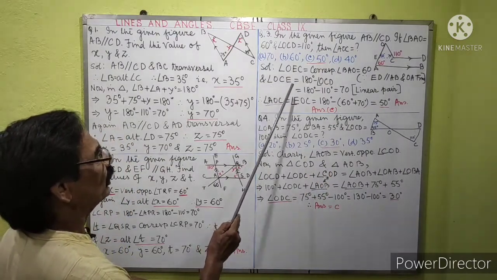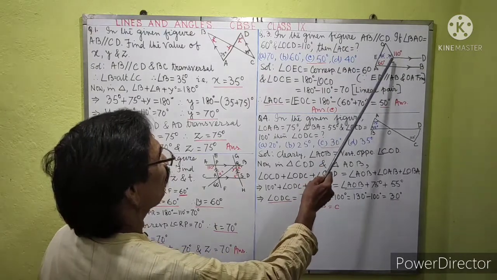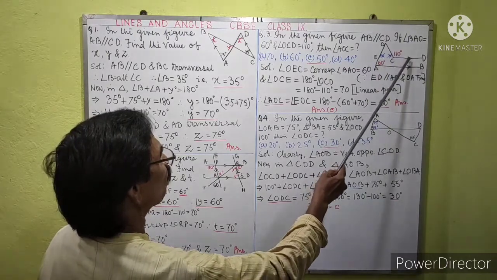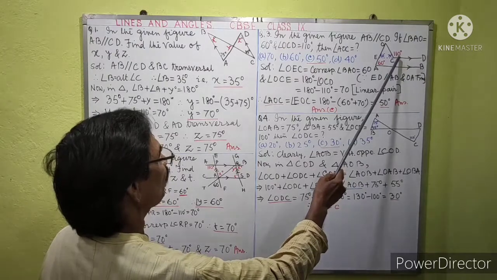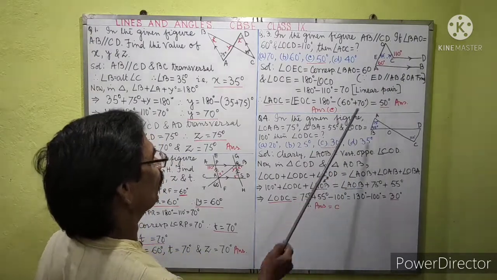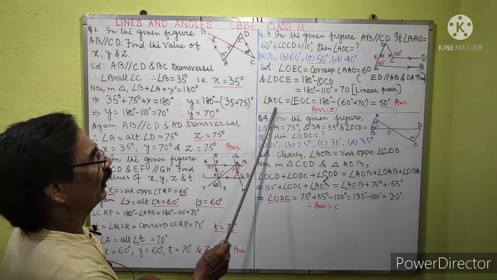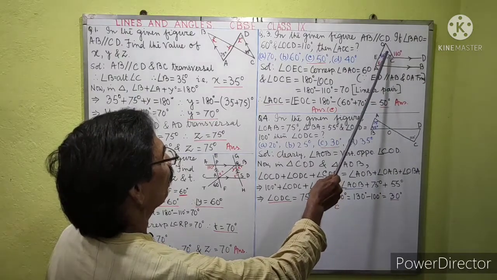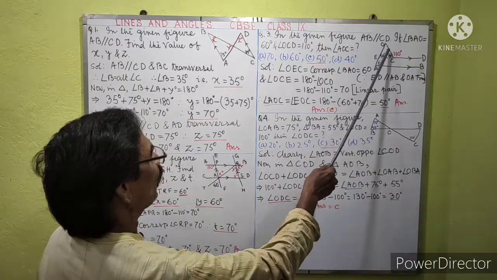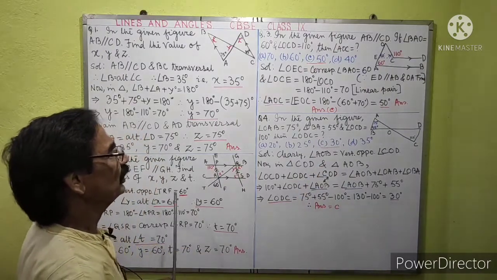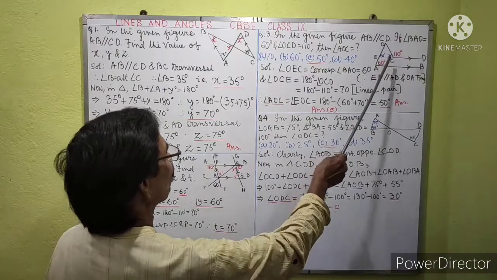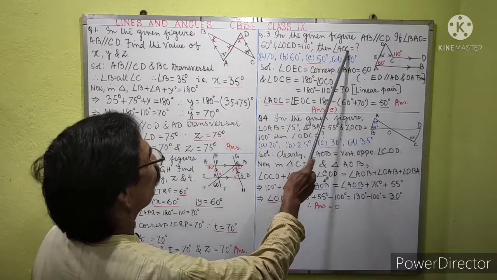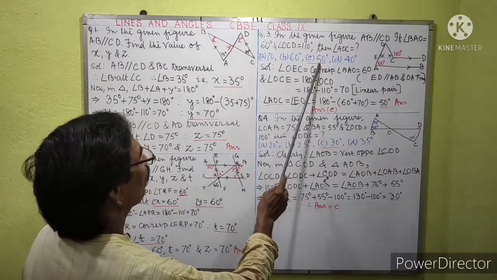And angle OCE will be equal to 70 degree because this is 110 degree and total angle is 180 degree, so 180 degree minus 110 degree, that is 70 degree. They are linear pair. Therefore, angle AOC, this equal to 60, this equal to 70. The sum of three angles of any triangle equal to 180 degree. Therefore, it will be 180 degree minus 60 plus 70, that is 50 degree. This is the answer. Angle AOC equal to 50 degree, that is option C.